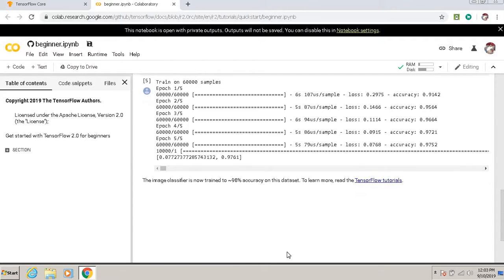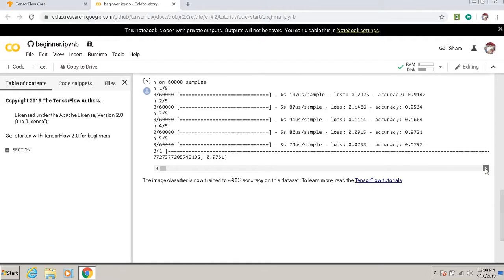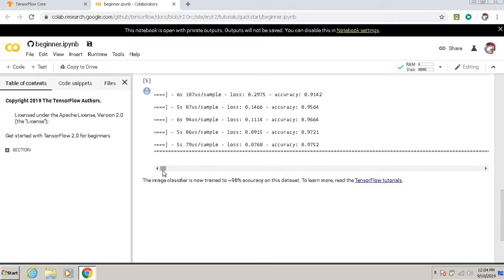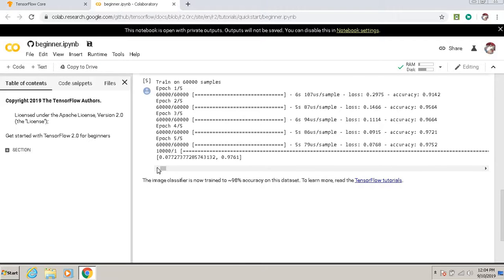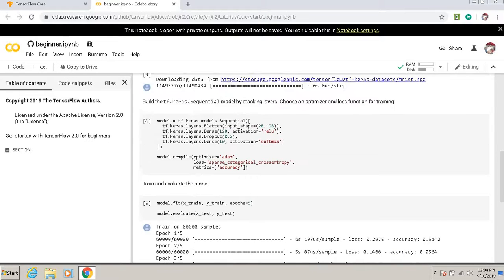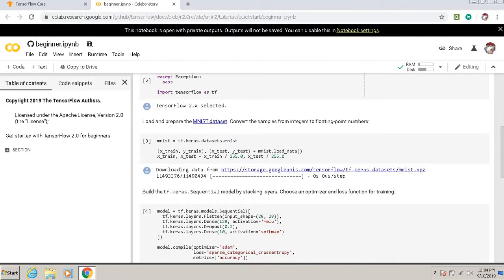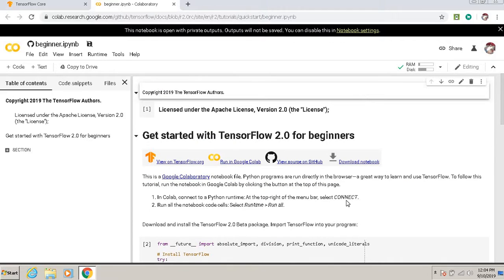So it is saying the image classifier is now trained to 98% accuracy after these 5 epochs, right? So this is all about a simple model which we have seen, right?